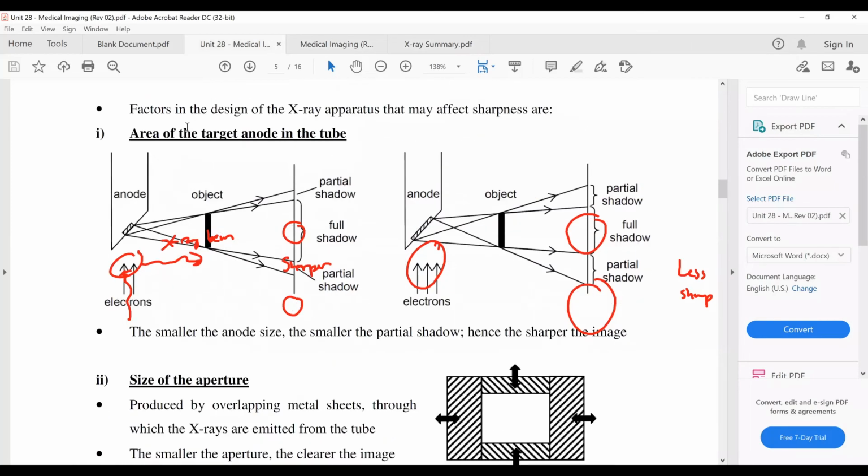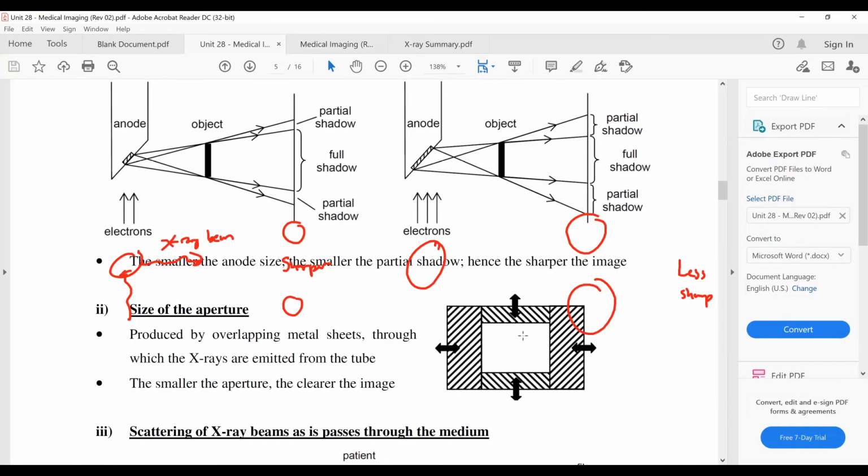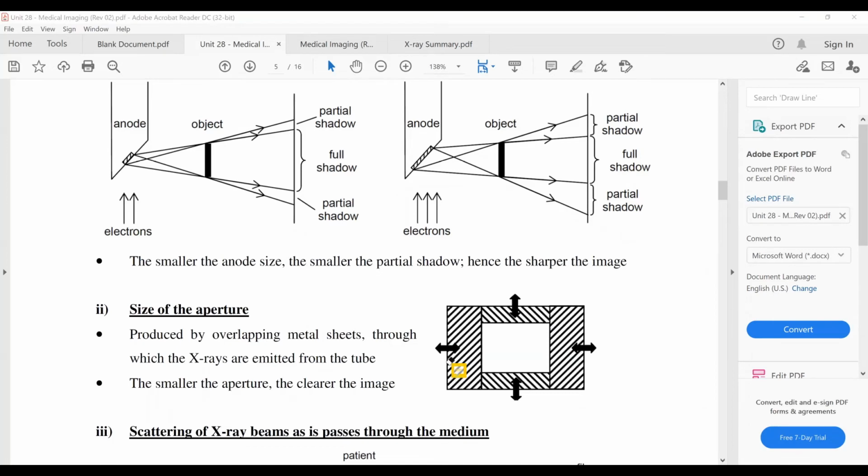Now, aperture is just simply some plates which you arrange to form an opening in the middle. If you want your opening to be smaller, you just arrange the plate so that the opening is smaller. If you want your opening to be larger, then you just arrange the plate so that your opening is larger. Now, the aperture here actually will control the size of your X-ray beam. Let me just erase this one. Now, the aperture actually controls